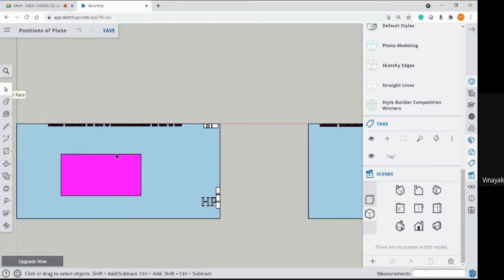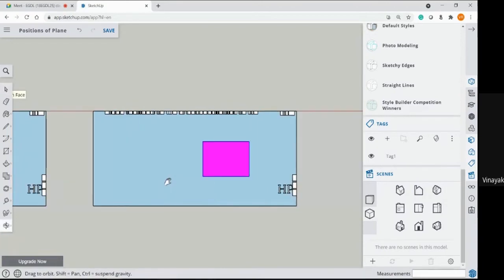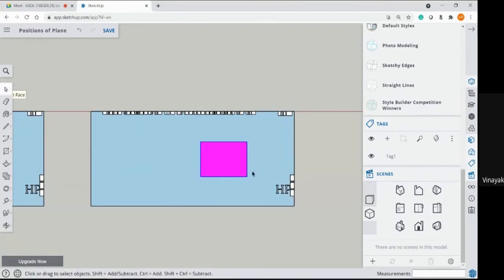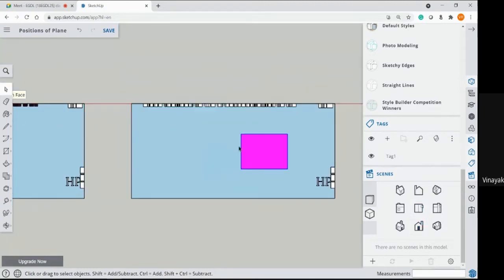Will the same shape appear or some other shape in the top view? You can see the difference: the one in the first position is a true shape, and here, when it is inclined to horizontal plane, your top view is an apparent shape. It is not your true shape. Front view will be a straight line, whereas your top view will be an apparent shape.